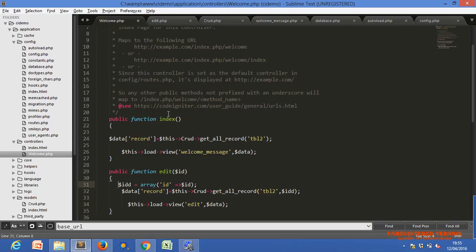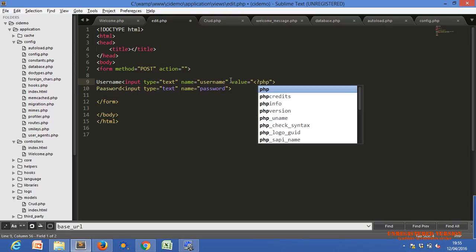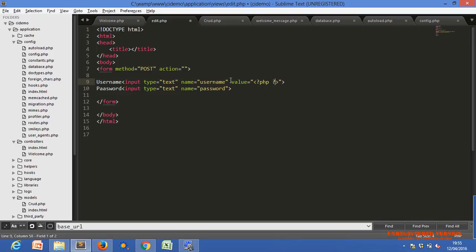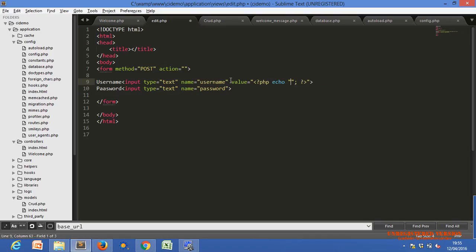Let me show you on your view page, the edit page. Let me show you the value. Value, PHP start tag, end tag, and echo dollar record in the zeroth position.